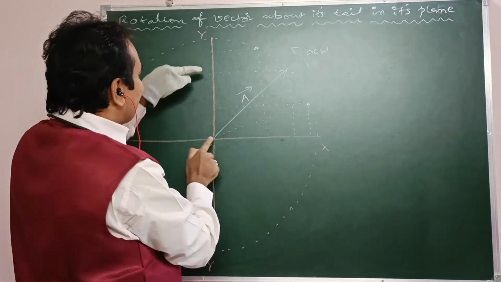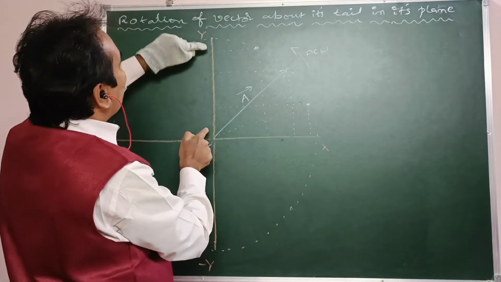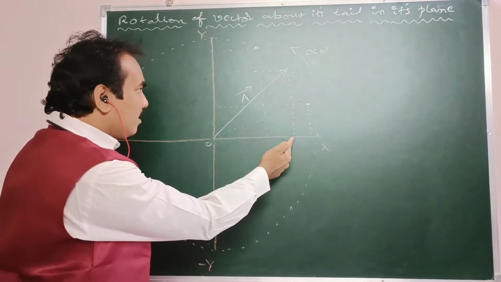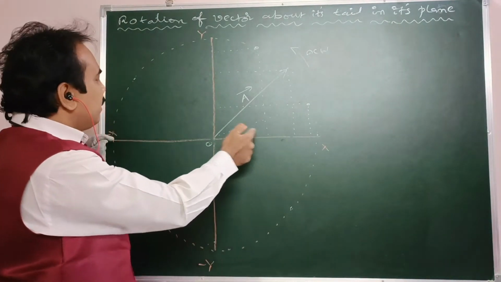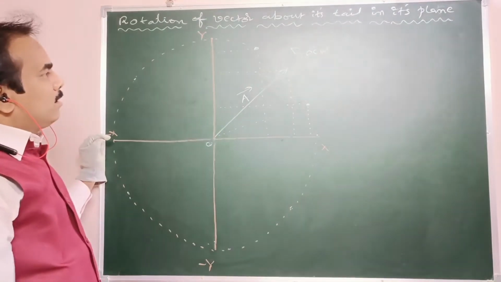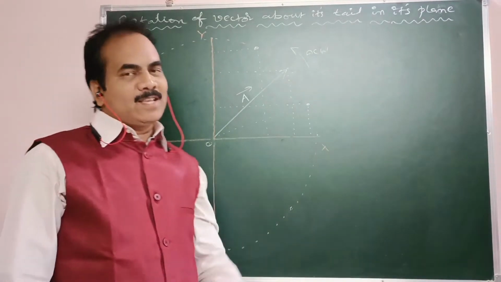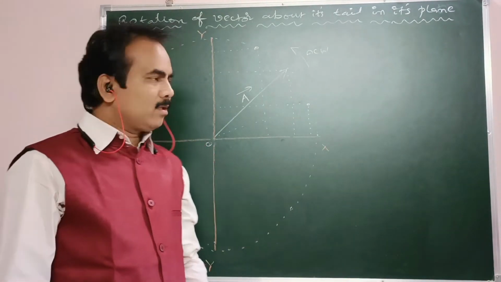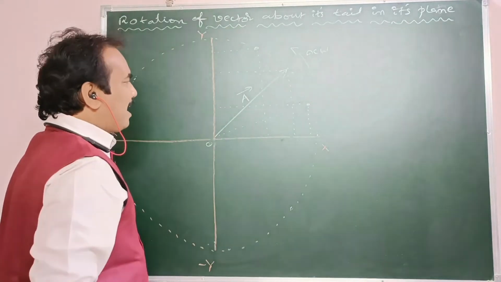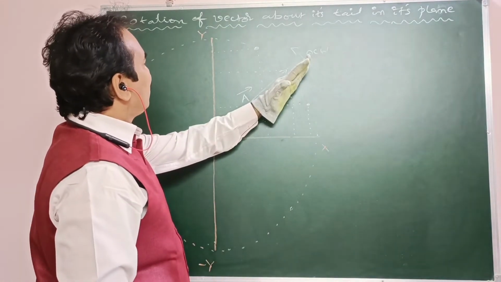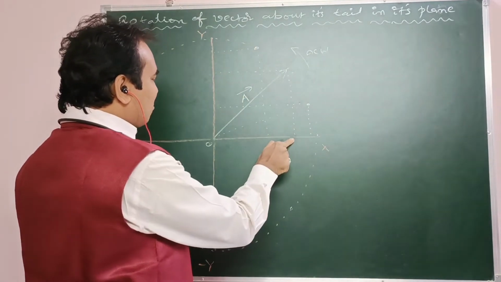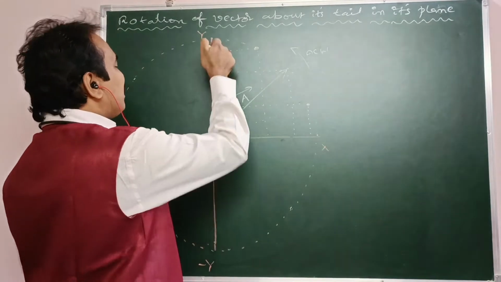At the same time, previously this is the y coordinate. Now it is the y coordinate. Yes, the y coordinate increases. The x coordinate decreases from here to there. The y coordinate increases from here to there. So I am going with the anti-clockwise sense as an example. As far as the anti-clockwise sense of rotation is concerned, what happens if the vector rotates like that? Then the x coordinate decreases, the y coordinate increases.